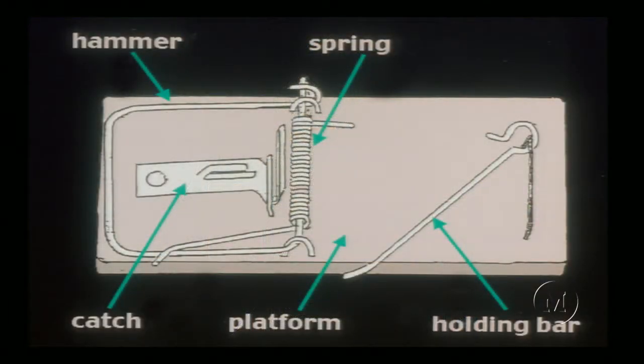For example, the holding bar, which stabilizes the hammer when it's pushed over here, has this little curl on the end to attach to this staple which holds it in place. If that little curl wasn't there, the whole system would be useless. So many systems need multiple parts to function, and it's very difficult to see how something like this could be made by something like a gradual Darwinian evolutionary process.